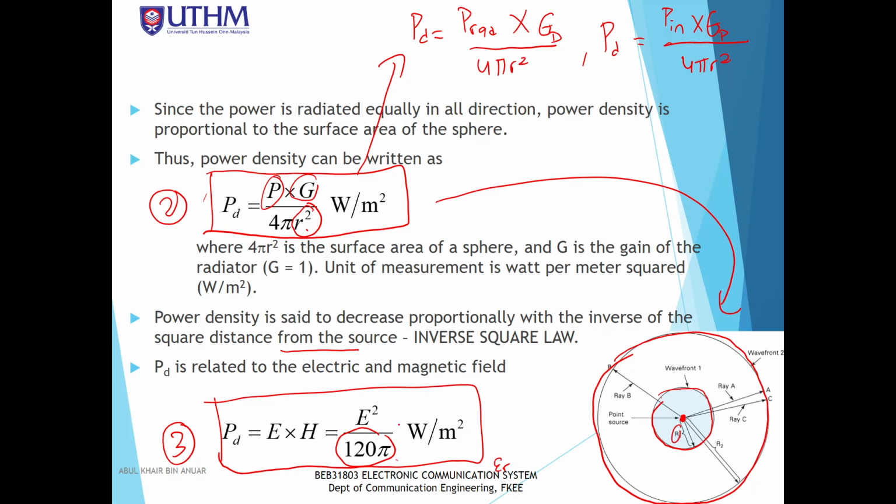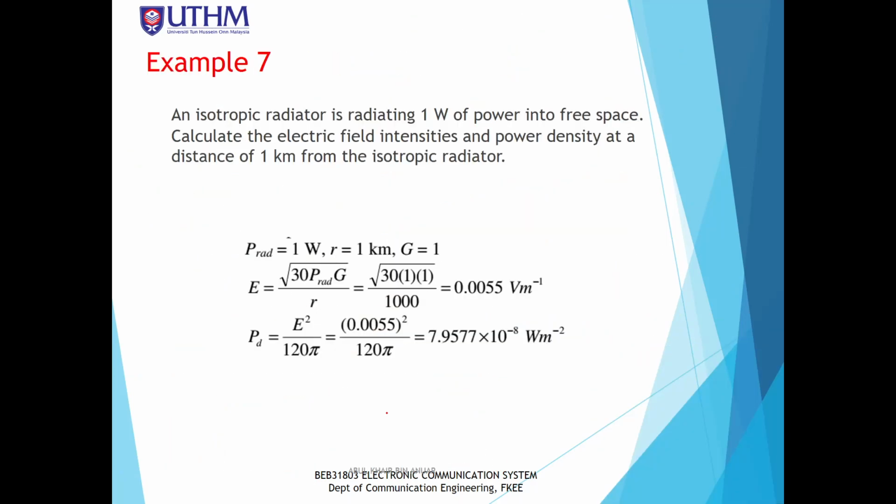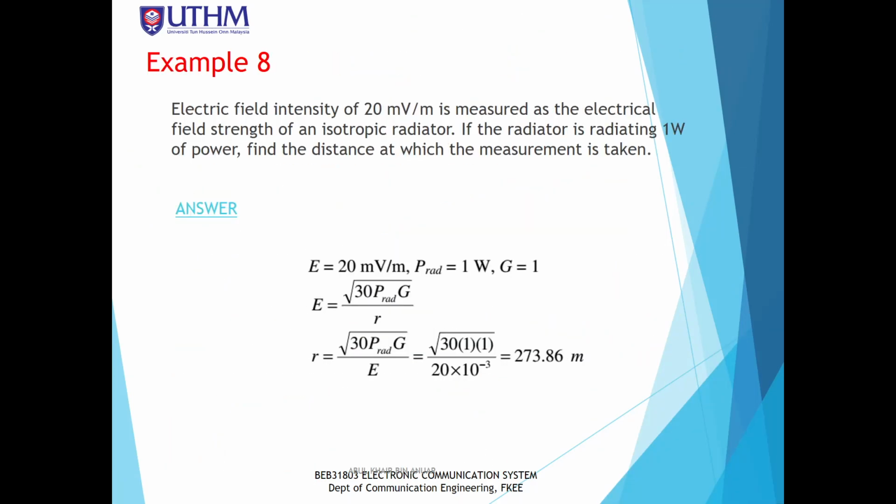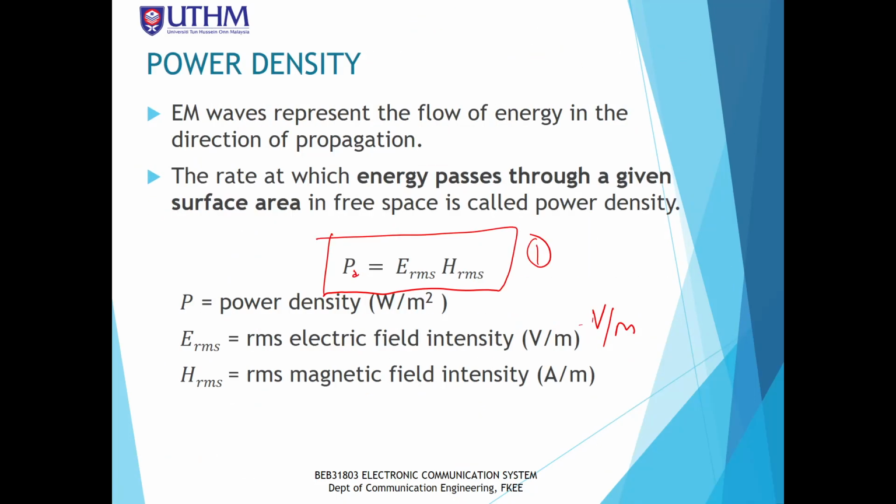So the udara, when we use the air as the transmission medium, because the air also has a dielectric constant. When we calculate the dielectric constant, and there's an equation to calculate these things, we get this one becomes 120 pi. It is not shown here, in the old slides, slide yang lama,